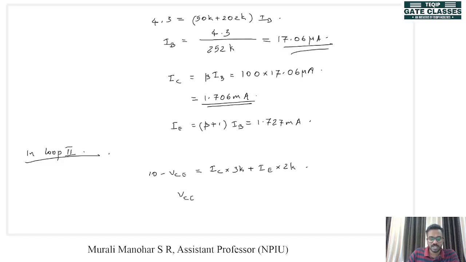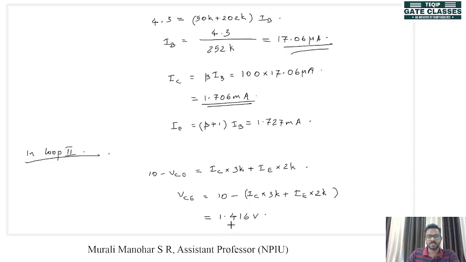So VCE is given by 10 minus the bracket IC into 3K plus IE into 2K. And if you apply these values, you will get VCE as